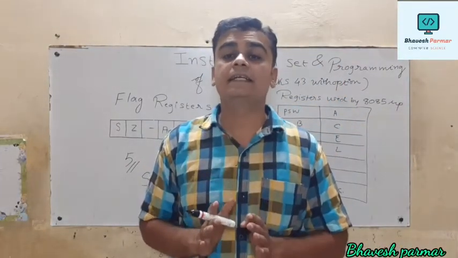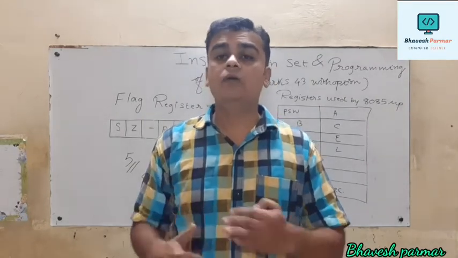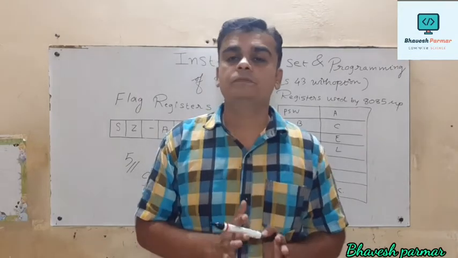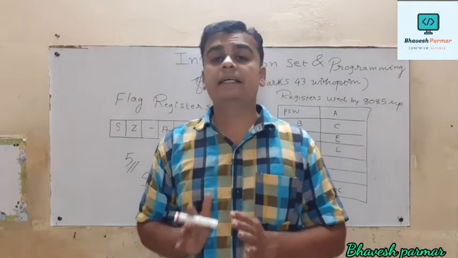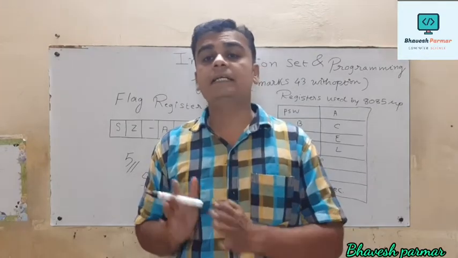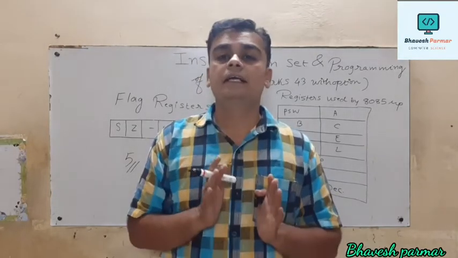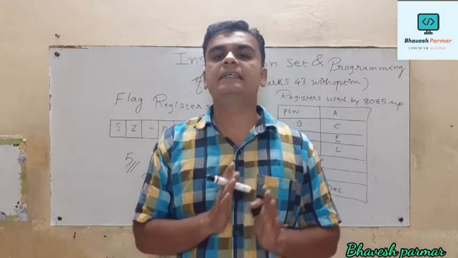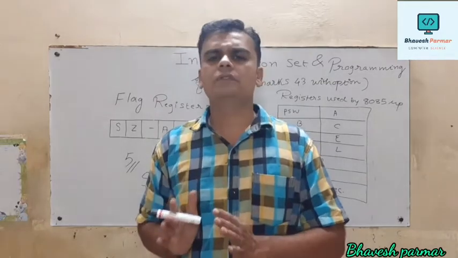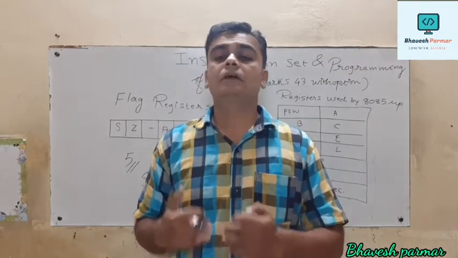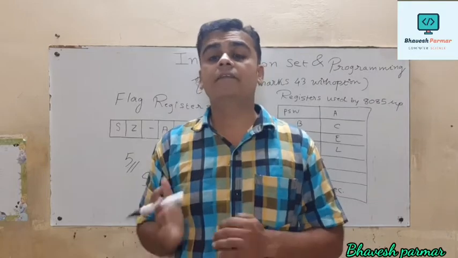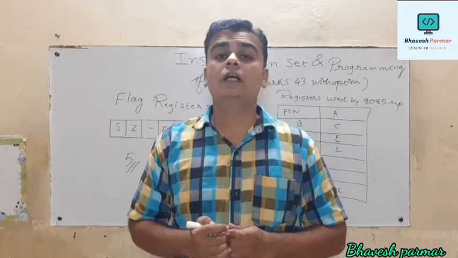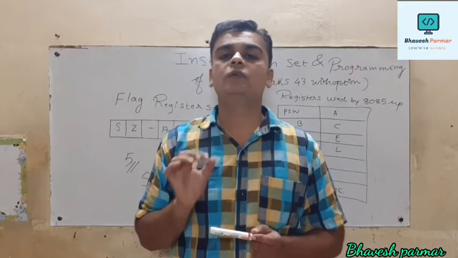That is AC flag, that is auxiliary carry flag. And how does it get changed? Whenever we perform any operation, and if a carry gets generated from bit D3 to D4, in that case your auxiliary carry flag is set to 1. But suppose in some situation bit D3 to D4 never generates any carry bit. So in that case our AC flag is equal to 0, or you can say that it gets reset.